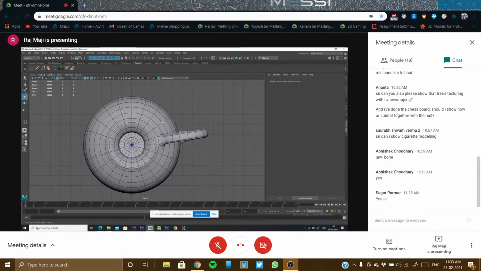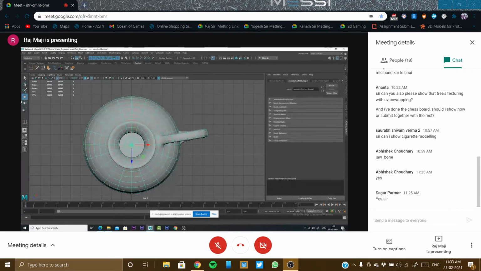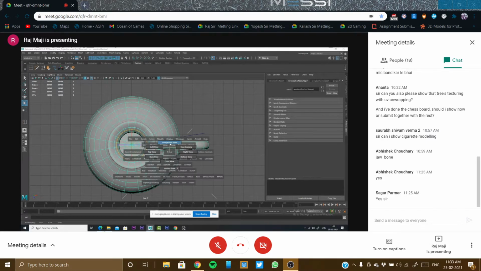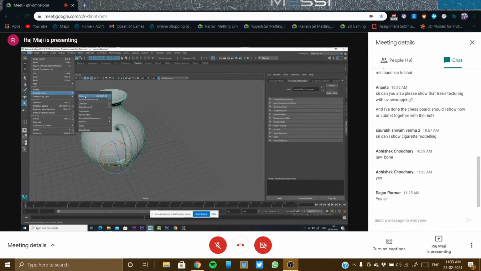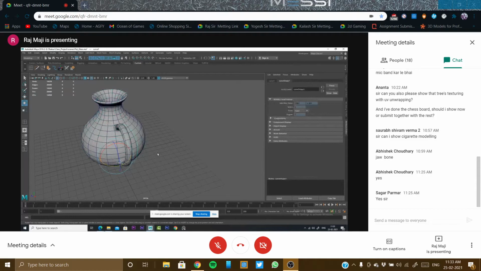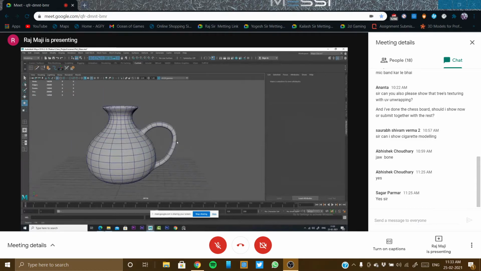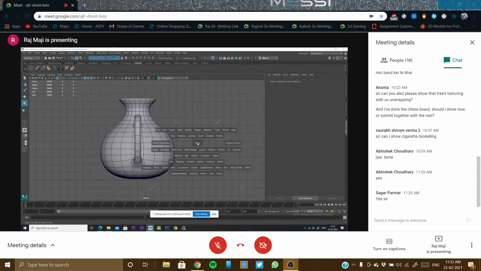There is no problem. Okay. If you want, you just can rotate it a little bit. This much. Edit, delete by type, history, and select this curve and delete. Okay.